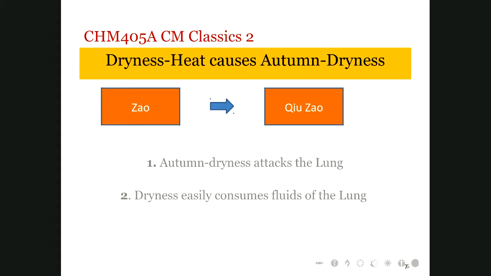So in general, if you try avoiding any kind of influenza, common cold, or upper respiratory system infections, keep your throat moist, keep your nose moist, rehydrated. This can minimize unnecessary viruses affecting you in a way. And dryness easily consumes body fluid, especially in the lung, and can cause dry cough, dry mouth and very bad whooping coughs. How would you keep your nose moist?